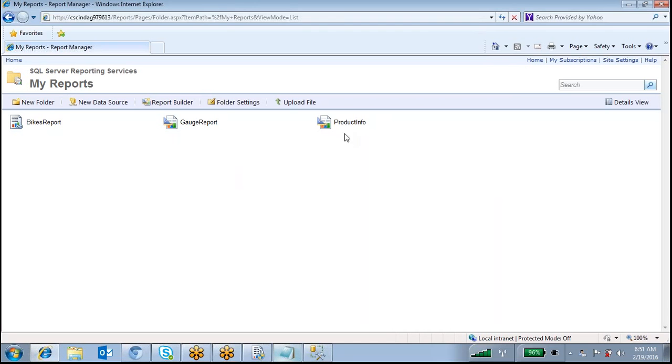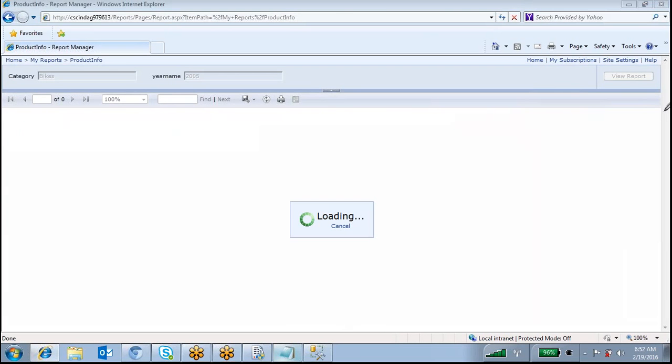For example, you are the first user. You just log into this report manager URL, and if you are previewing this report, whatever report you are previewing, that result is saved in memory, that is cache memory. The next time whenever you try to browse the same report, it is not taking the report from the report manager or report database. It is taking it from the cache memory.